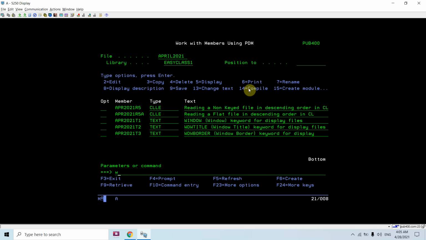Now let me show you one flat file which I created using the command create pf.